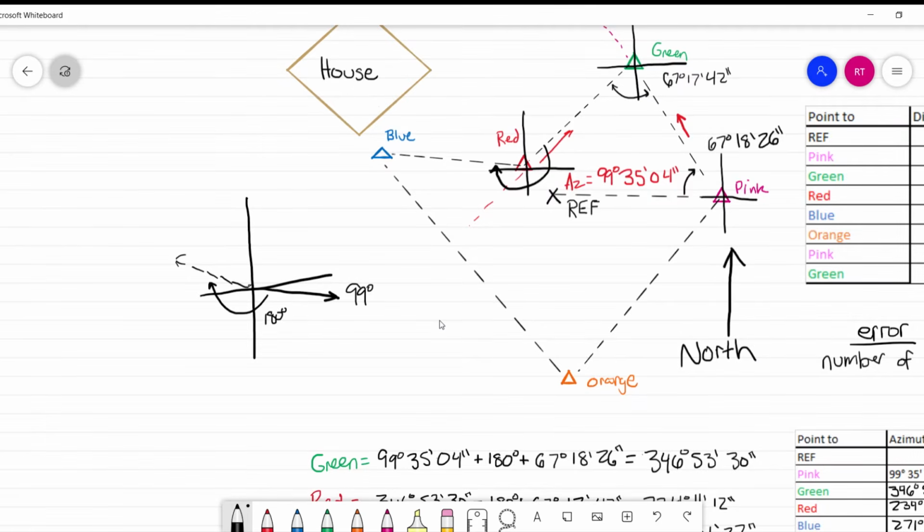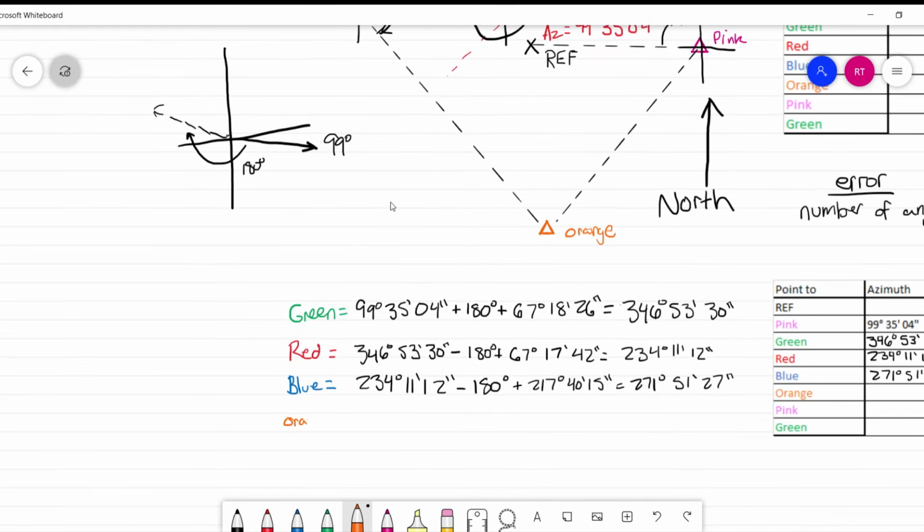Now let's look at the setup of blue, and when we draw in our shape, we see it's the same situation. We are coming out here with an azimuth, we need the back azimuth, so we're going to subtract 180 degrees to get us on this line, and then we have this angle measure here, so all we have to do then is just add that angle measure.